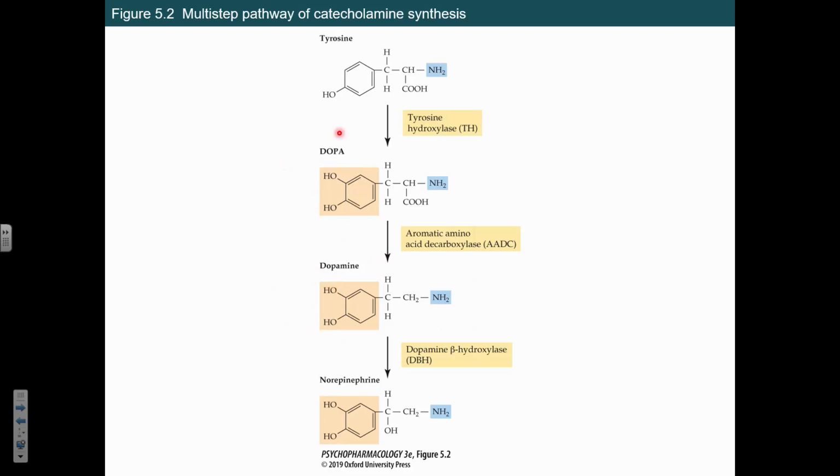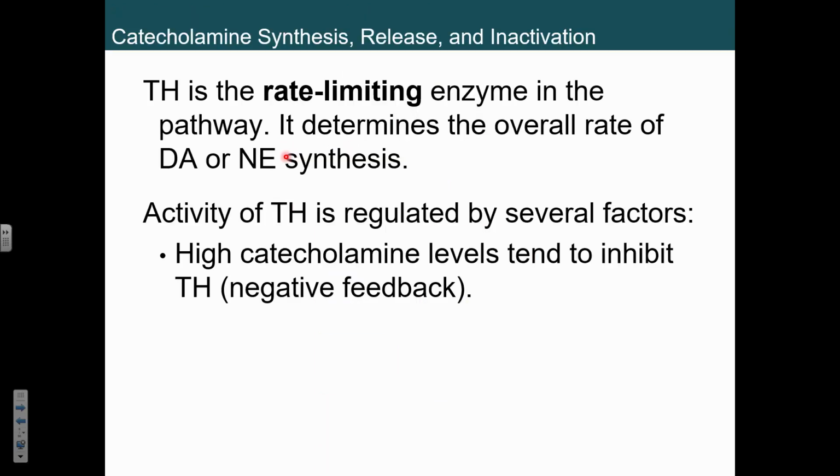Now, Destiny, this would help you if you didn't also have a problem with your tyrosine hydroxylase. Well, I guess you're bypassing tyrosine hydroxylase, but AADC matters. So if you've got enough AADC to handle this reaction, that's fine. If you don't, jacking up the DOPA levels is not necessarily going to help. So you have to make sure that the issue is not enzymatic. Tyrosine hydroxylase is what we call a rate-limiting enzyme. So if we can increase or decrease the activity of tyrosine hydroxylase, then in the normal system, we're going to increase or decrease the amount of dopamine that's available. That's that point where you really want to make the change.